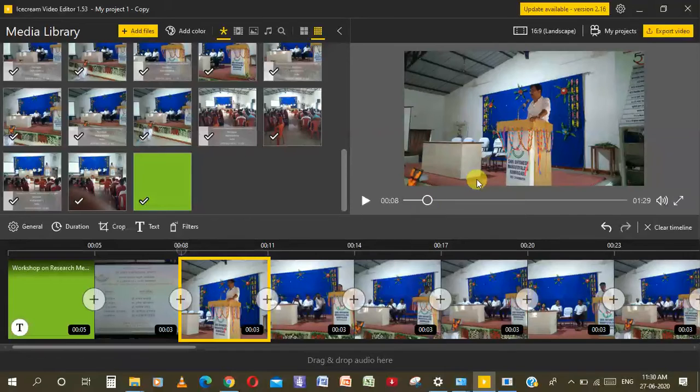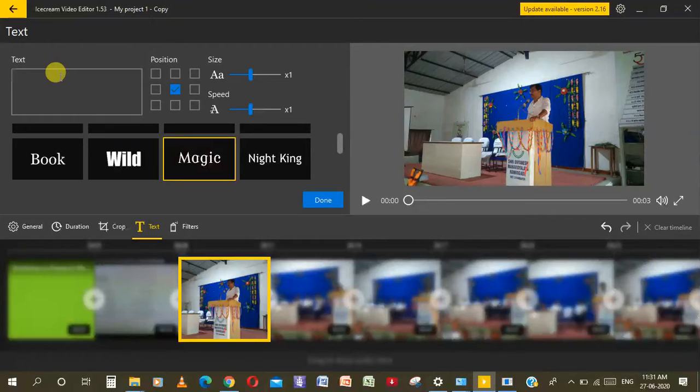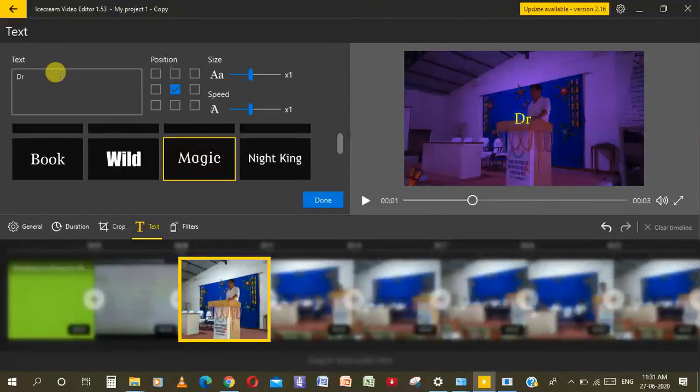If you want to show his name on the screen, what you have to do is click on text, click here, and write Dr. S. S. Suresh Bakre, comma, principal. So this is typed.